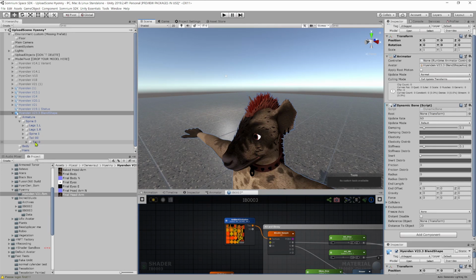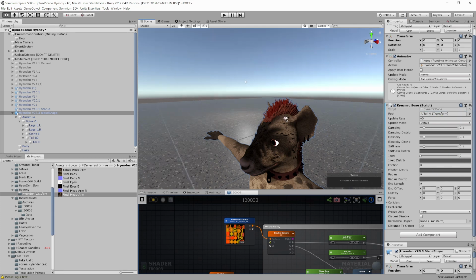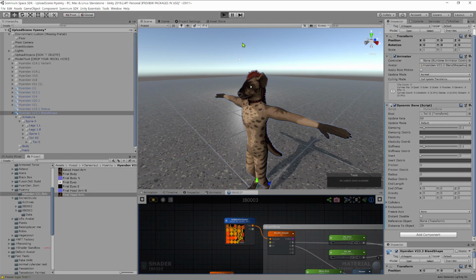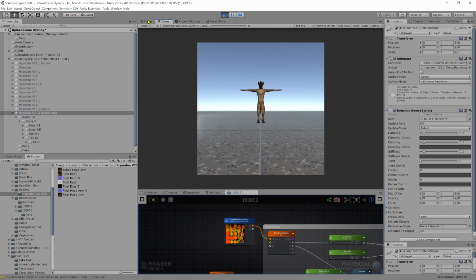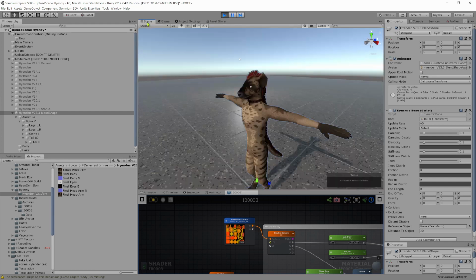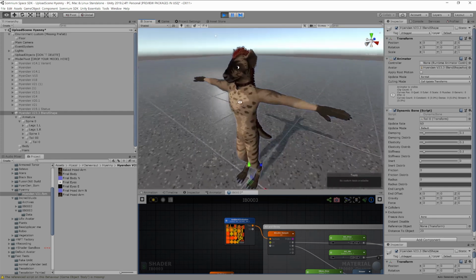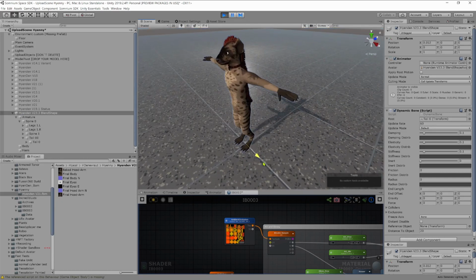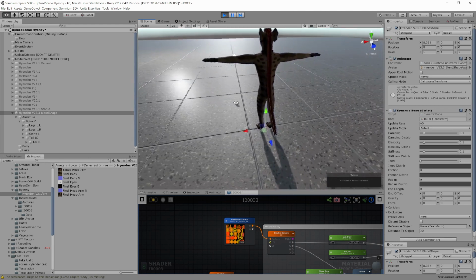tail. I will drag and drop the root of my tail here, and this should be fine for configuration. We will test it right now by pressing play here, and I return on scene here. If it's full screen, right click on the game here and click maximize. So I take the root of my avatar and I can move it like this. So